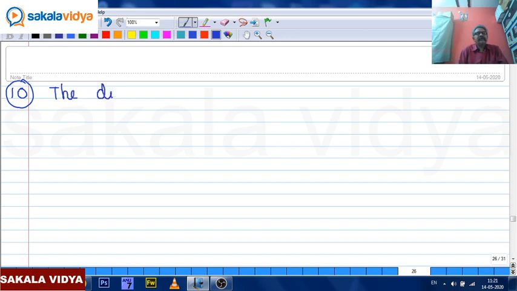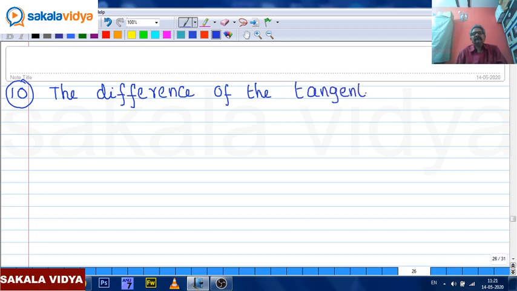The difference of the difference of the tangents, the difference of the tangents